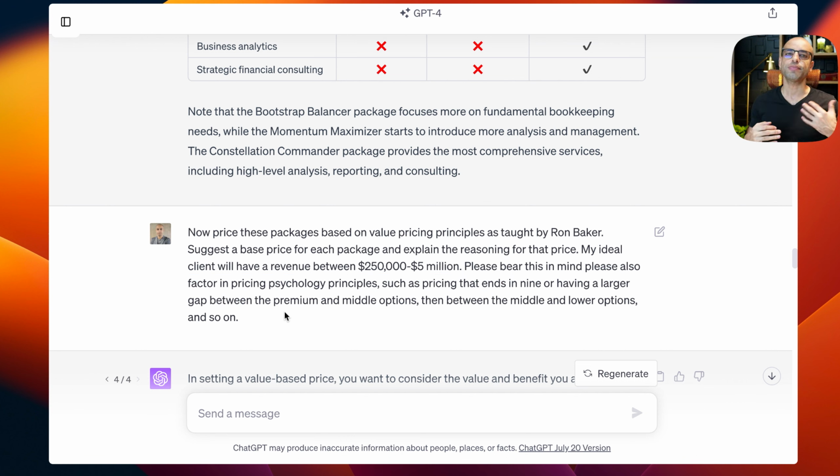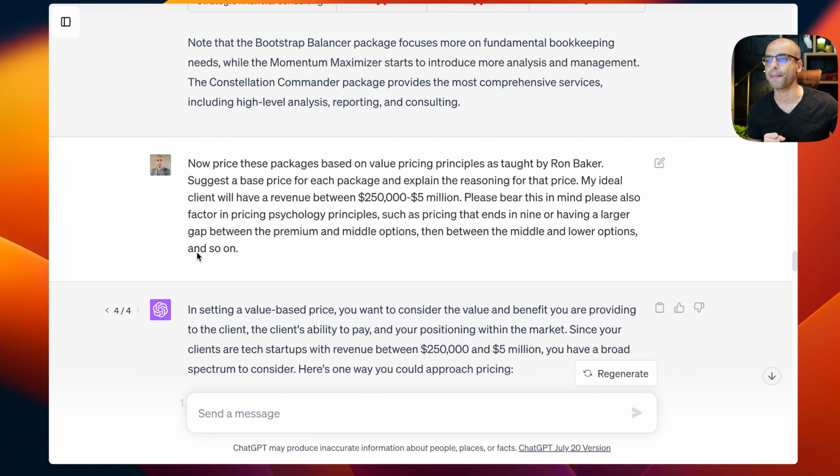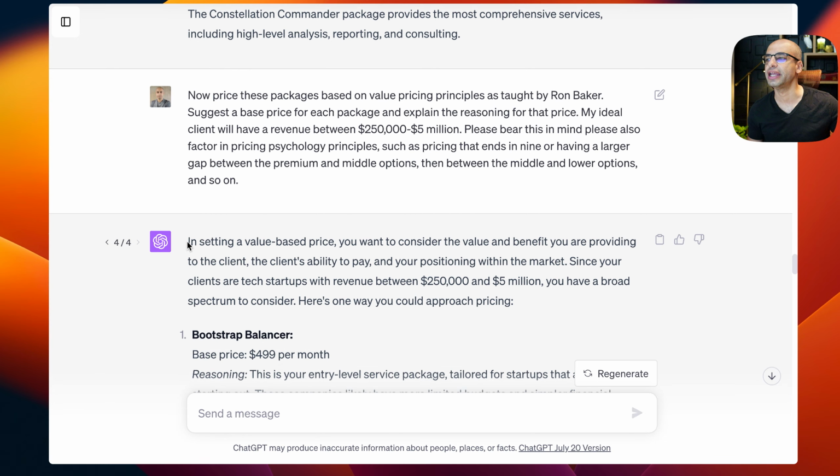So these are pricing principles. There's a lot of stuff in value pricing. I do a lot of other psychological things, like, for example, the work of Robert Cialdini, which works on a lot of persuasion principles and different metrics that you can use and principles within those. So we're going to keep this really simple for you. So you can literally just copy and paste this prompt to get you to the next part. Okay, so now that we have it in here, it says,